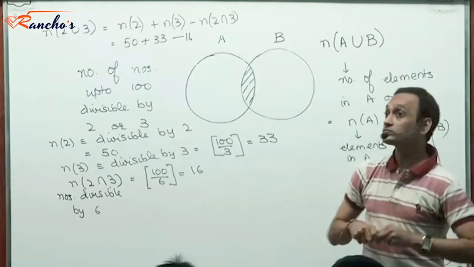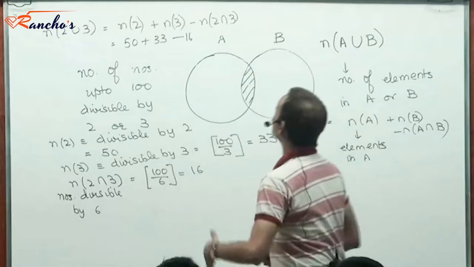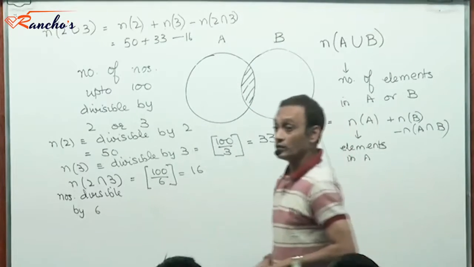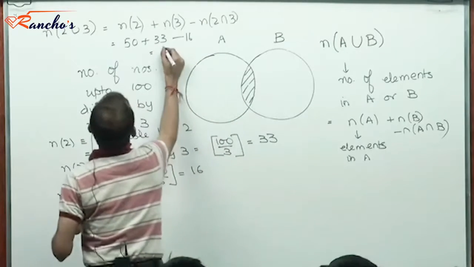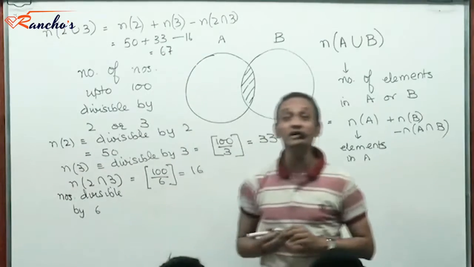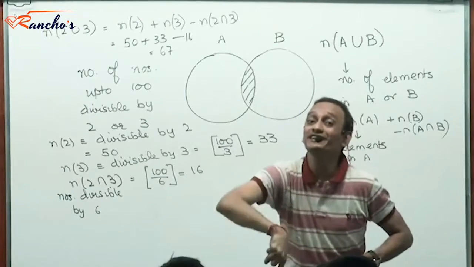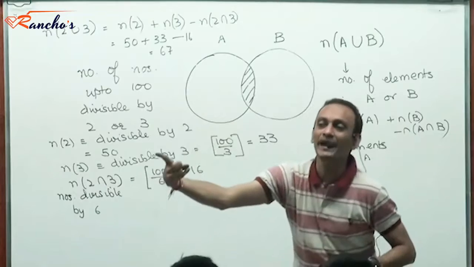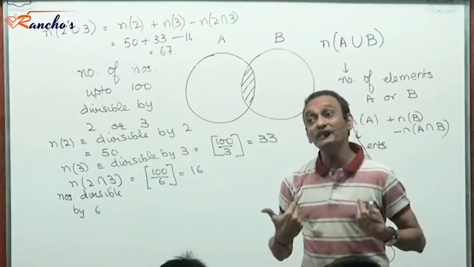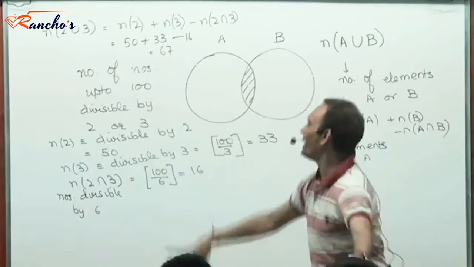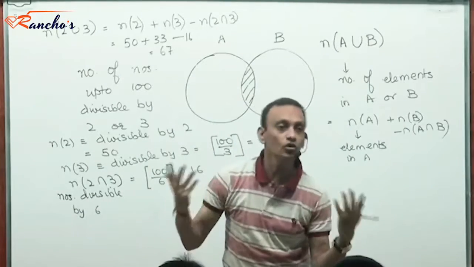And then if someone said the number of numbers that are divisible neither by 2 nor by 3, right? Okay. Now, how many are these? This is 67. Numbers are divisible by either 2 or 3. That means the remaining 33 will neither be divisible by 2 nor by 3, isn't it? So those that are divisible neither by 2 nor by 3 would be the remaining numbers, that is 33 numbers. Yes or no?